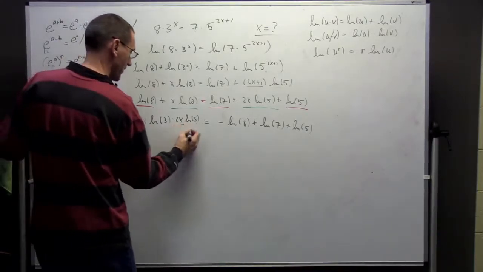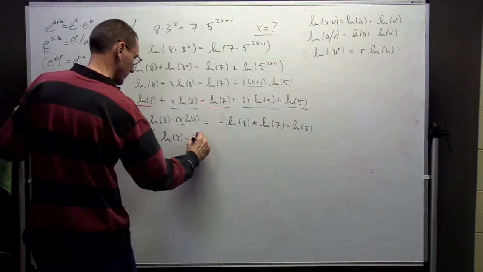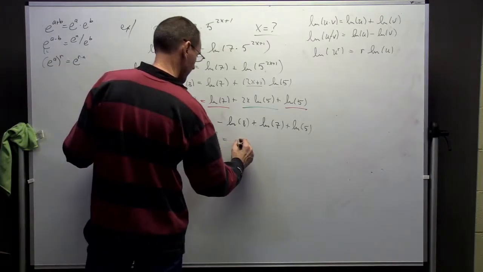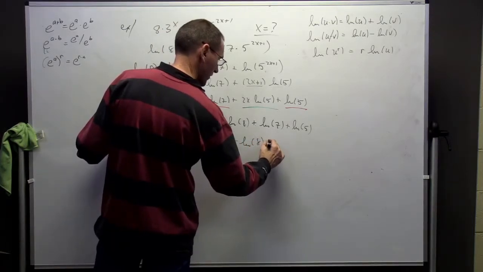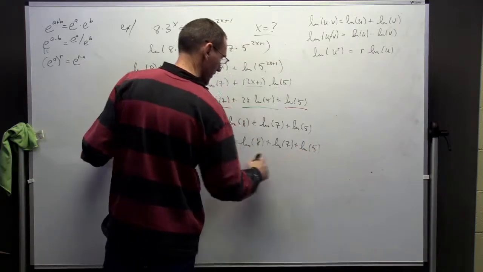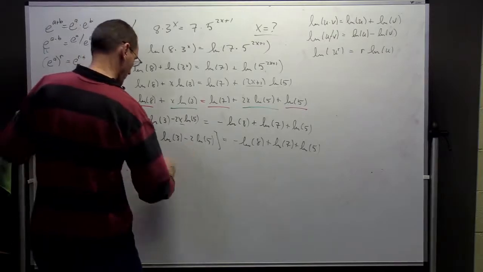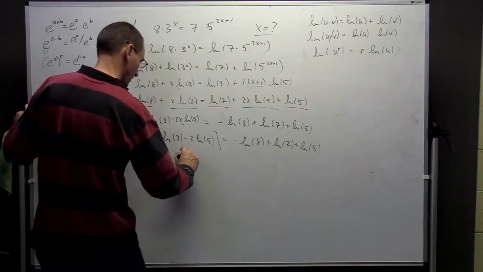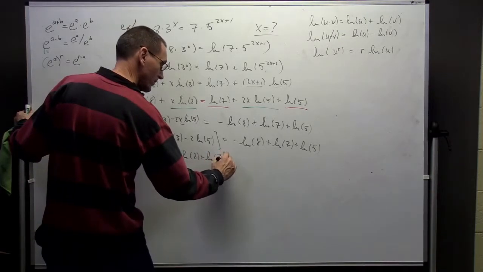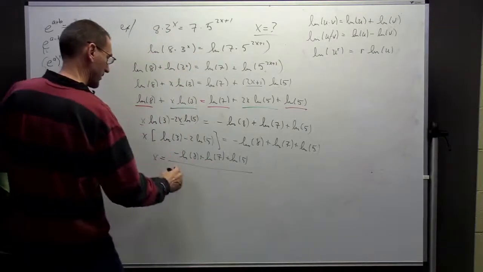Now I've got an x there and an x there, so I can factor that. So I get that. I'm just going to leave this alone. This is just some number, right? Number plus number plus number. And now I'm going to divide both sides by this big ugly thing. So then this is just going to be